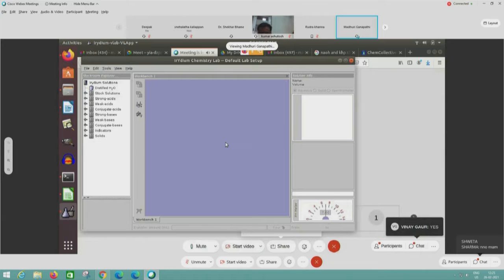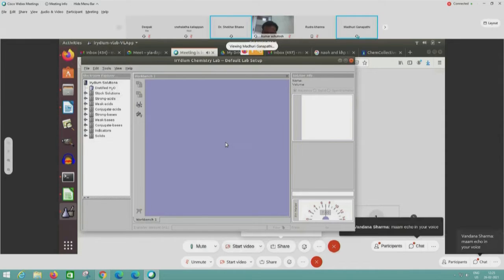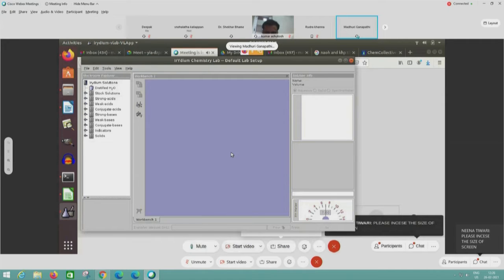For today, I'm showing the standardization of sodium hydroxide versus potassium hydrogen phthalate. Here, potassium hydrogen phthalate is acting as an acid, and sodium hydroxide, we all know, is a base. So we will take those two for the standardization. This is a demo session for acid-base titration, because we have already done a tutorial on acid-base titration, so I will show one more. Let us start the standardization of sodium hydroxide versus potassium hydrogen phthalate.